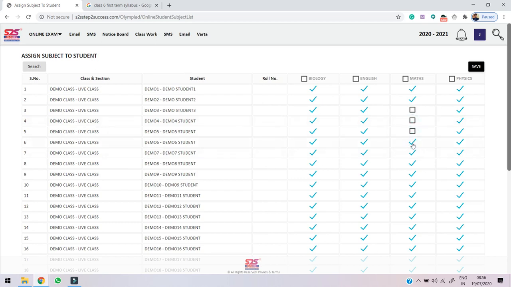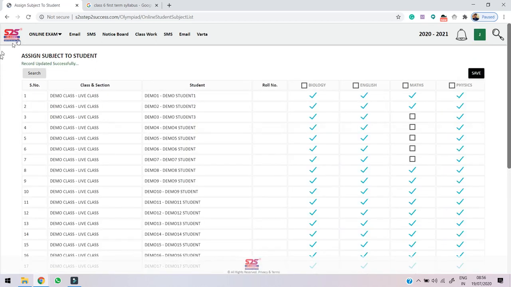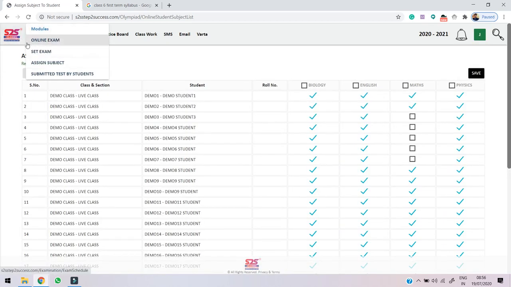In this way you can assign your test at the student level also, and then click on save. So this is done. Your test is now created, and students can give the test as per the time that you have given. So this was about creating a test.